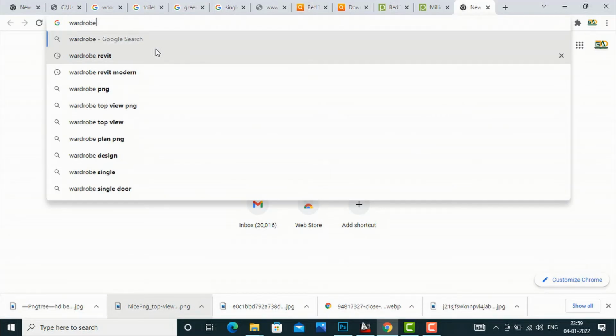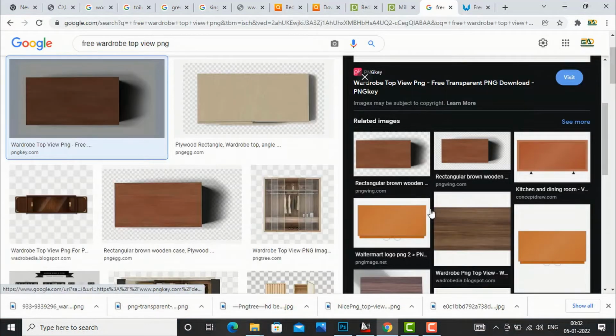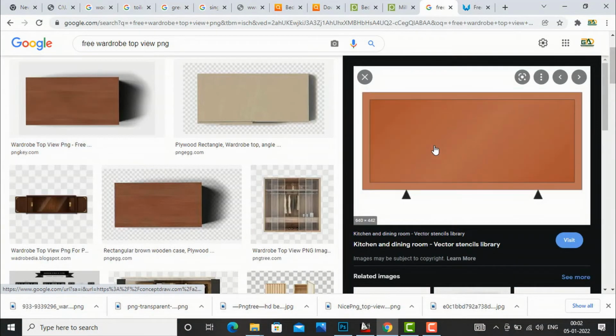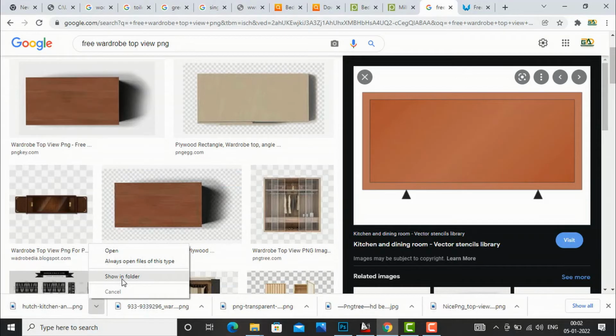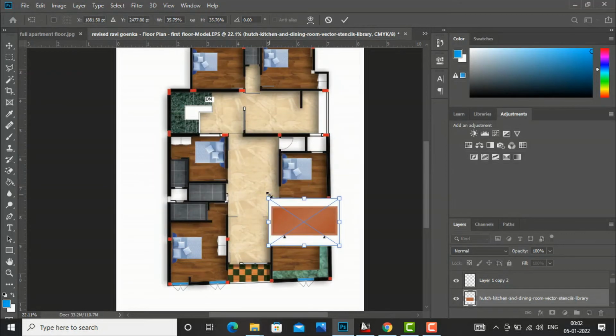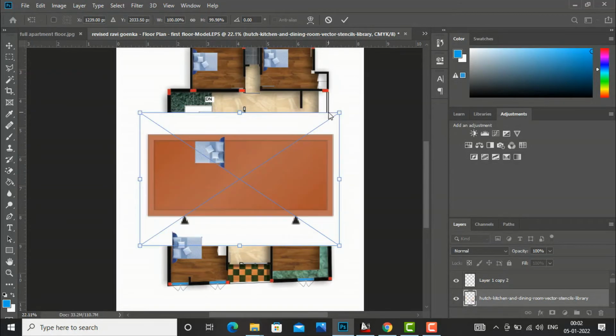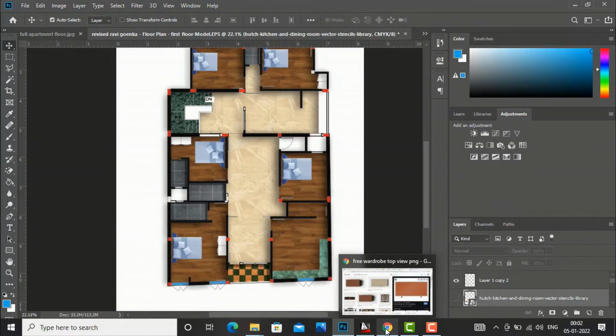Wardrobe top view PNG. Right click here, save this. Can drag and drop this, and this is not a PNG file. So we are required to